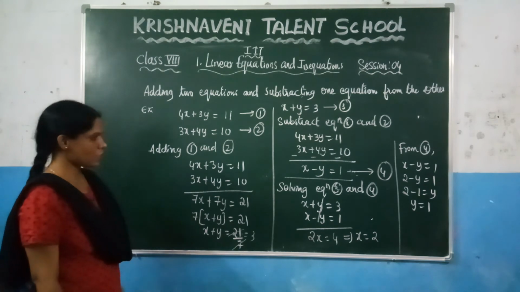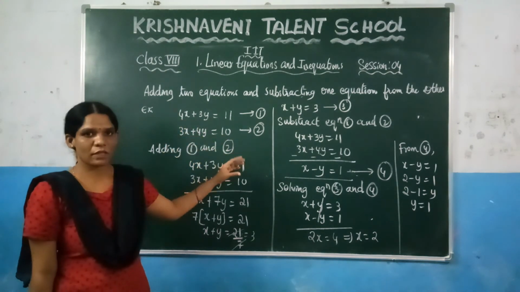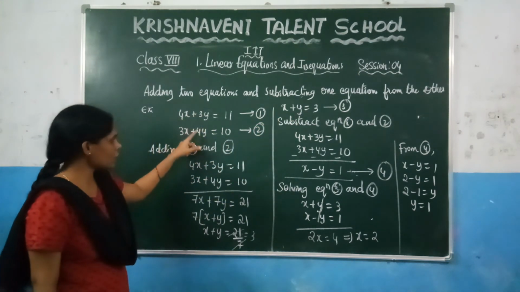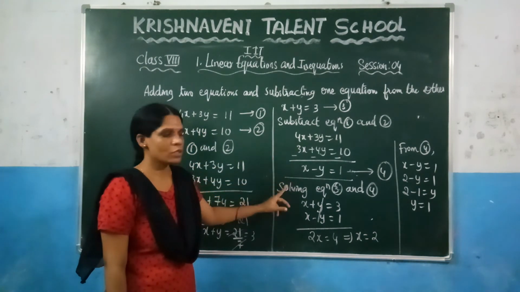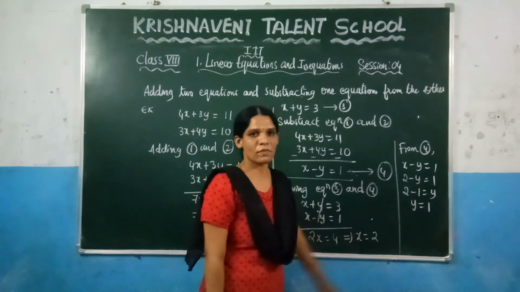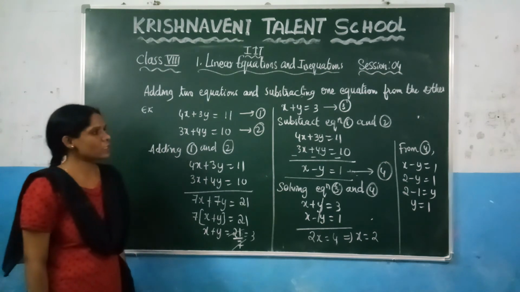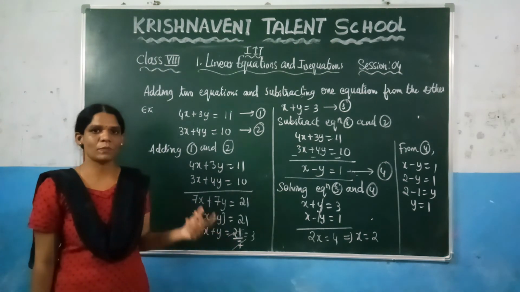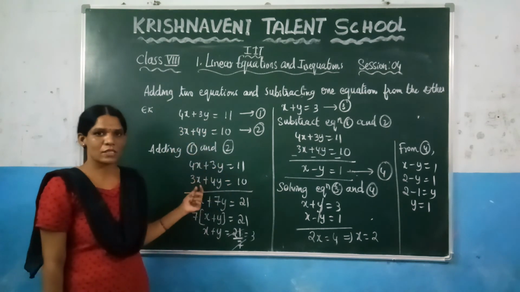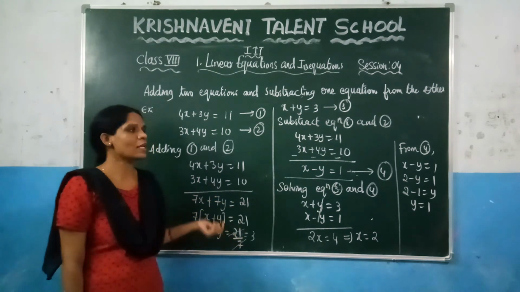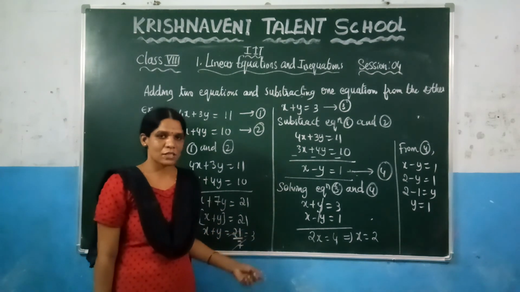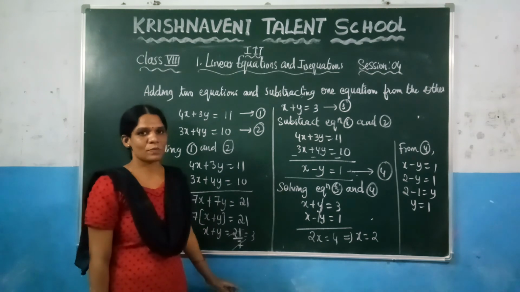So what this method says is, if you are given any two linear equations, while adding these two linear equations you will get one equation, and while subtracting these two equations you get one more equation. Now you need to solve these two equations. By solving them we got the value of x and the value of y. This is about the third method, and up to now we have discussed three methods for solving two linear equations in two variables x and y: the elimination method, the substitution method, and the next one, addition and subtraction of the two equations. In the next session we are going to discuss one more method, which is the graphical method. This session is completed.